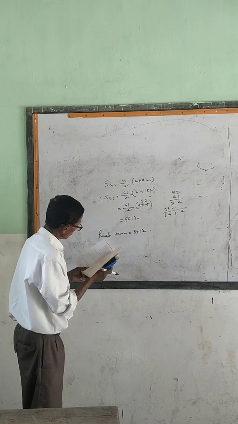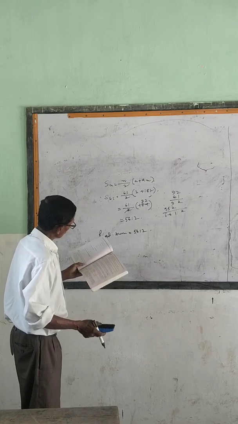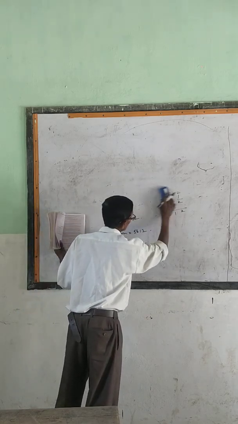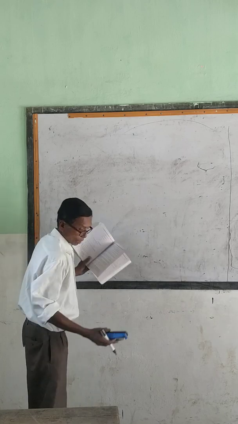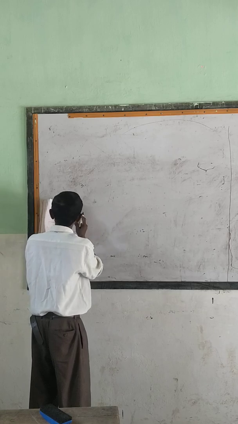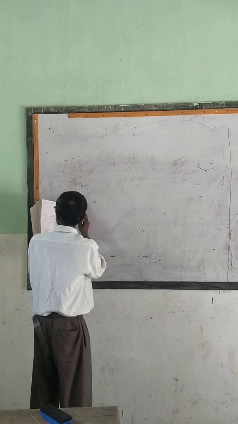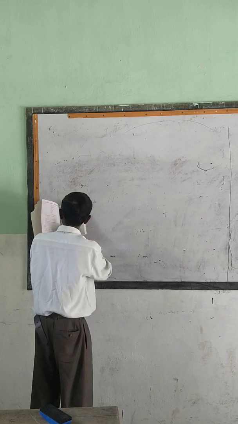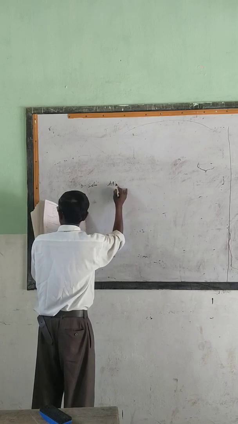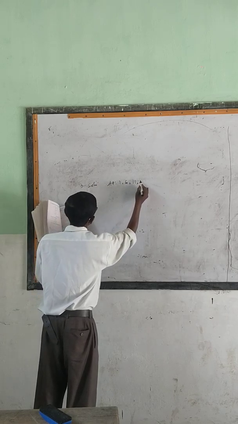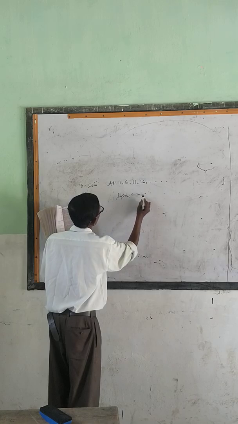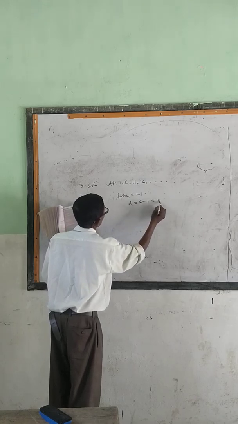Okay. Now we can take up question number 3. Once it has been asked in the Manipur board, giving 2 or 3, I forgot. So let us try question number 3 also. What does the question say? How many terms of the AP 1, 6, 11, 16 must be taken so that their sum is 148? Solution. AP how much is given? 1, 6, 11, 16. You know here A how much? 1. D how much? 6 minus 1 equal to 5.